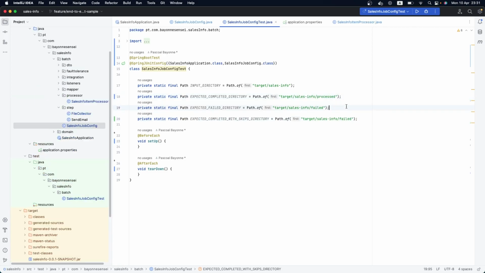So as you can see, we have all our directories here. We have the expected completed directory, we have the fail, and complete with skip, which I think is actually not